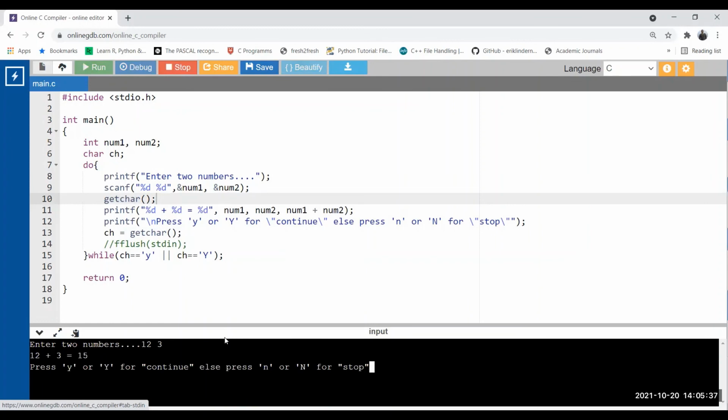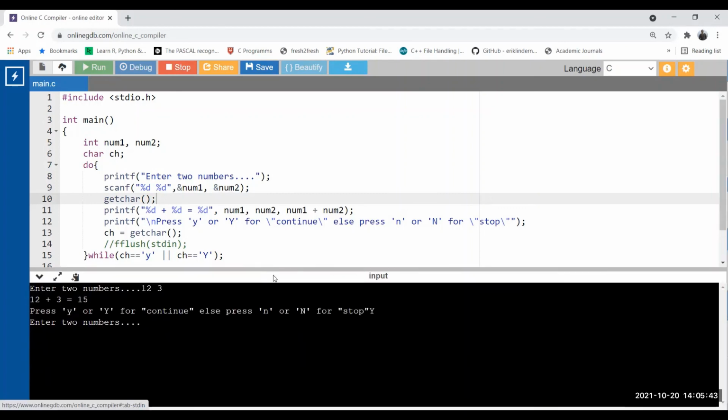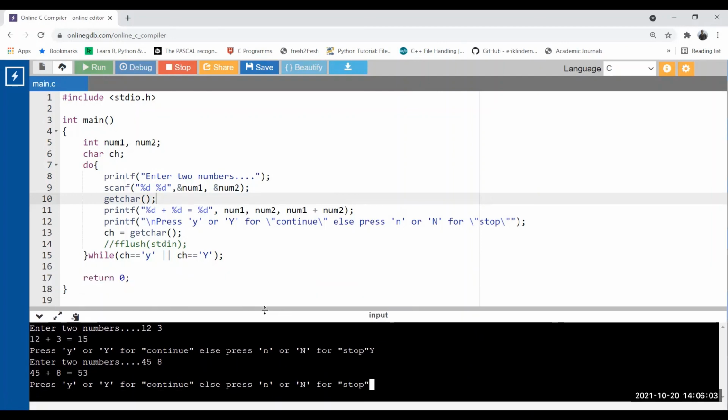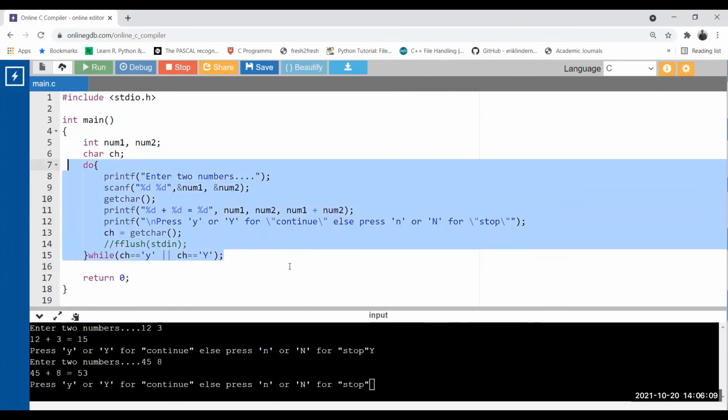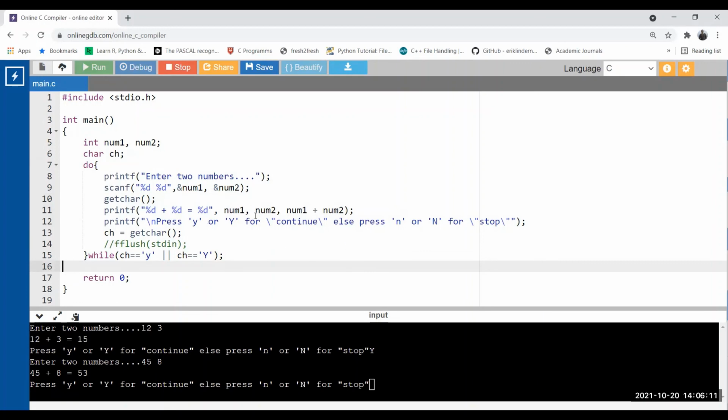Press Y for continue and N for no. I press Y. It is again asking to give input. Let's get the addition. Again, it is asking. So unless you press N, lowercase n or uppercase N, this will continue. Even if you press any other character other than Y, this loop will continue. Okay, this is the perfect example where we can prefer a do while loop, where you do not know how many times this loop will execute, because it totally depends on the user input. This kind of problem we normally implement using a do while loop in real life projects as well, or while learning any particular programming language.